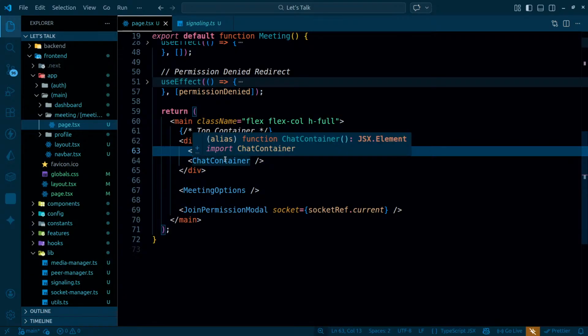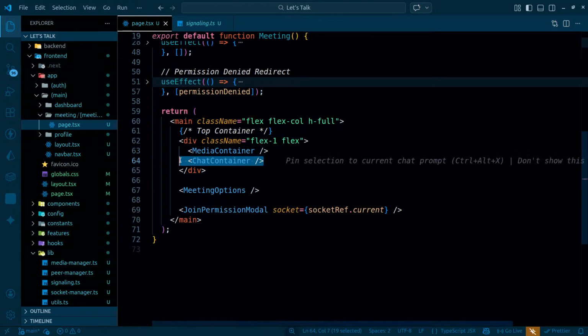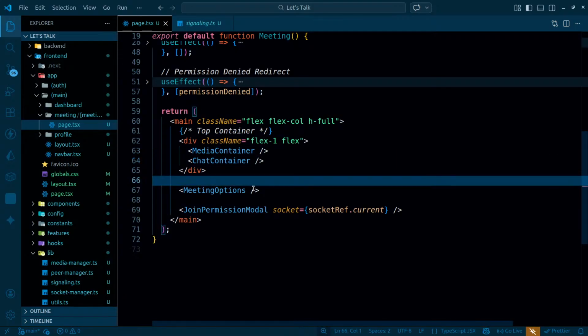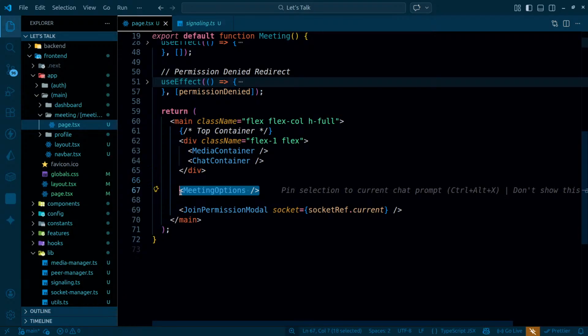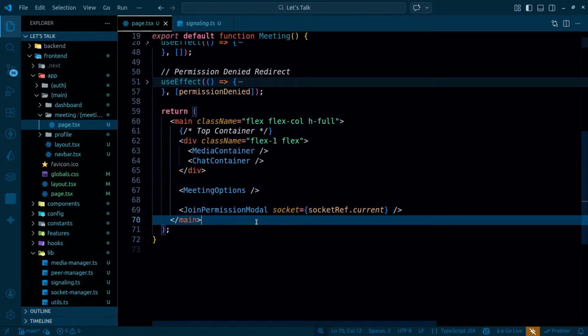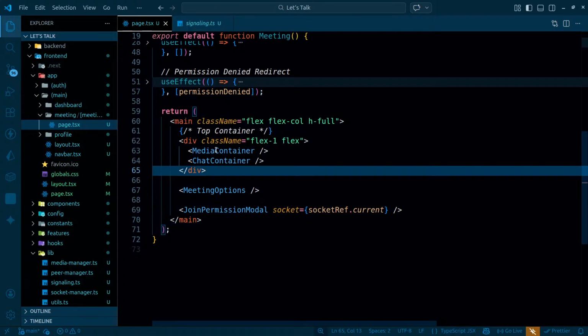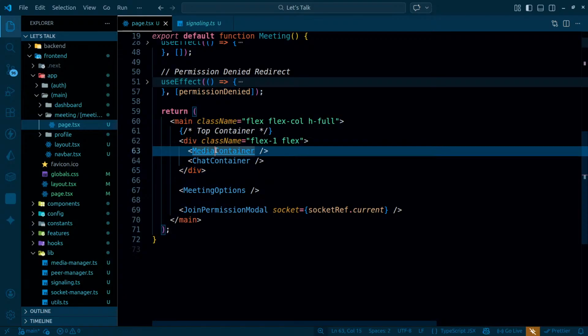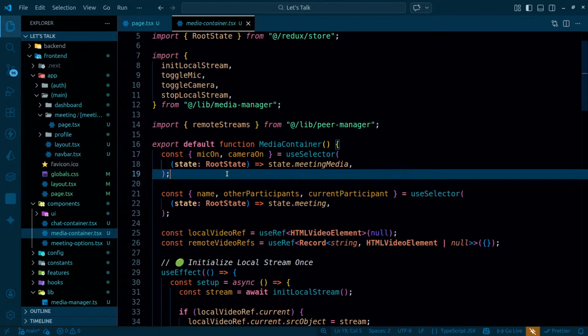A few containers I have: media container, chat container. There's nothing inside the chat container, I will work on it later. Similarly this meeting option, a few options are there, but even it is not complete yet. Join permission modal is mainly gonna be for just simply showing the modal and all. By the way, the main job is gonna be in this particular section, media container, and from here on I actually have to create kind of, not here actually,